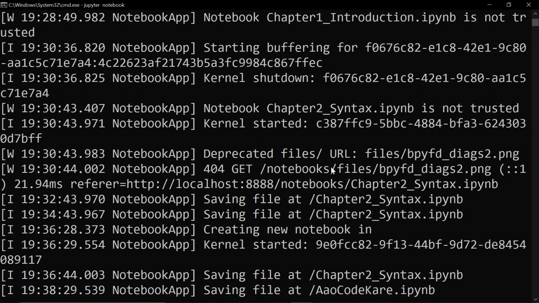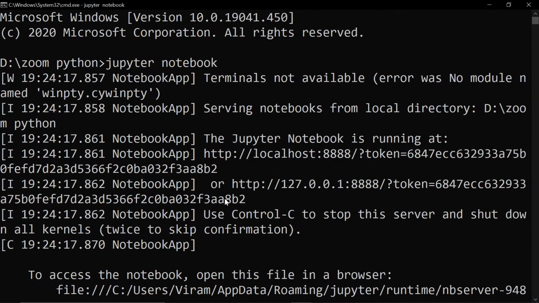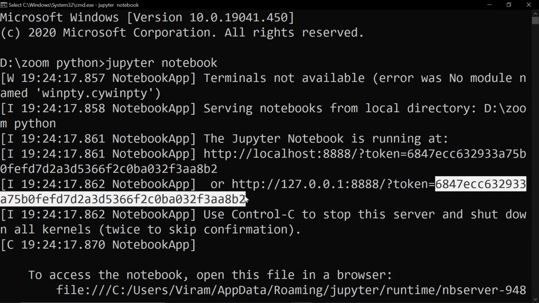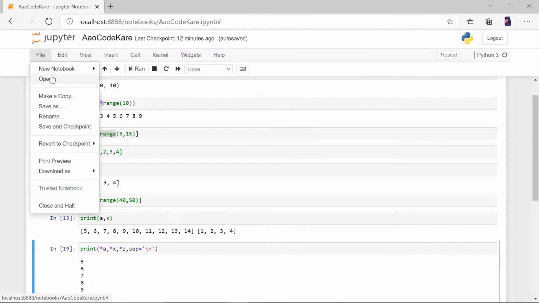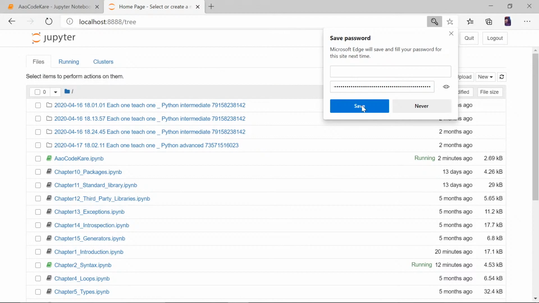Okay, this kernel was down as I turned off the notebook. Okay, the token is this thing. Let's see if this works. File, open, login. Yes, it works. Save it.